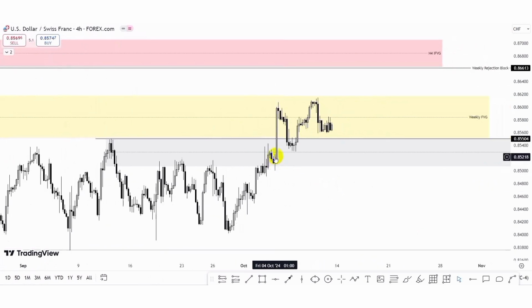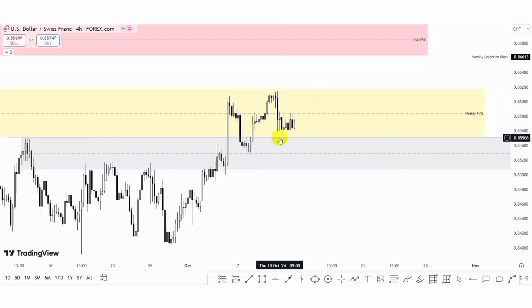So you can see that last week we expected to see this fall of price to the downside into this main threshold, and then we see price push to the upside. Now we can see how price pushed to the upside, but then price fell, and now price returned to retest the main threshold. Price is still below the weekly fair value gap main threshold. So we could see the possibility of price pushing to the downside to take out this sell side liquidity, mitigate the main threshold since we have this fair value gap,